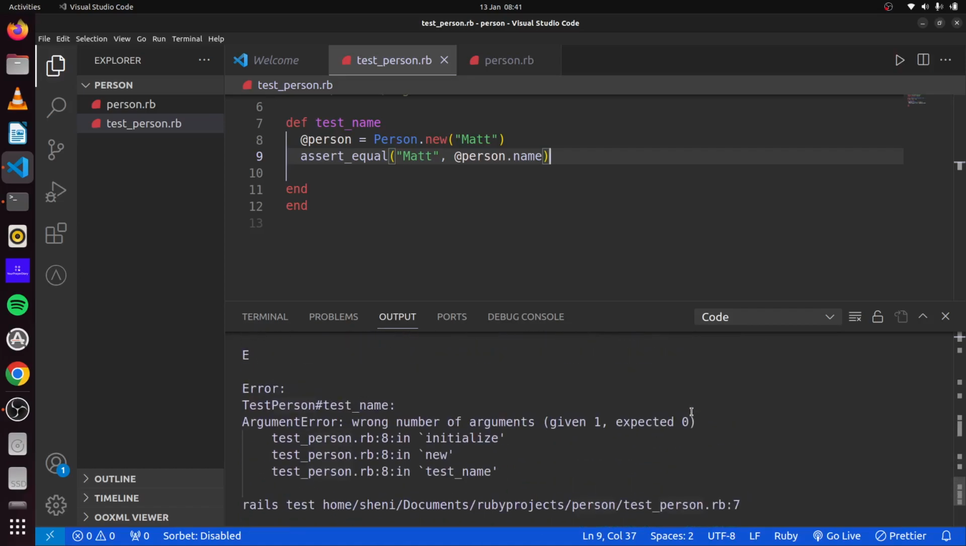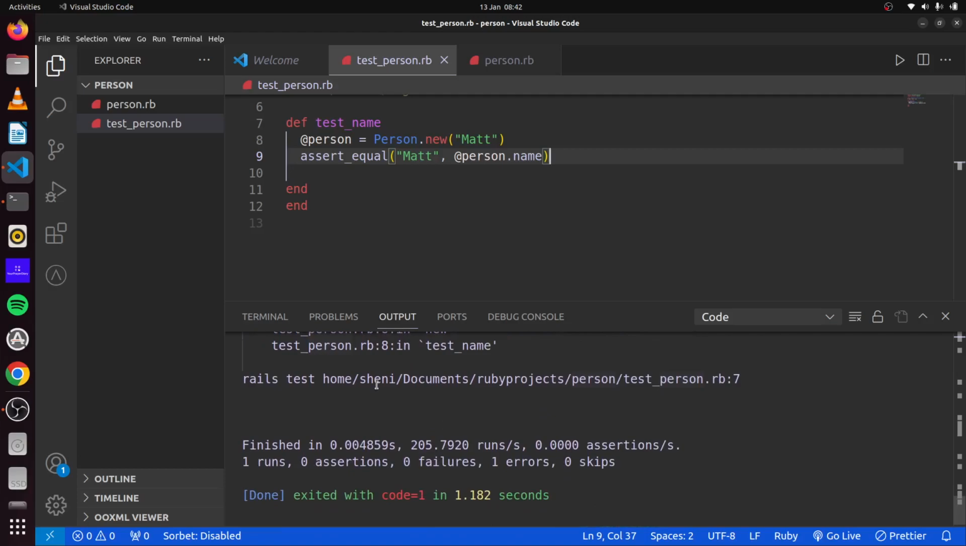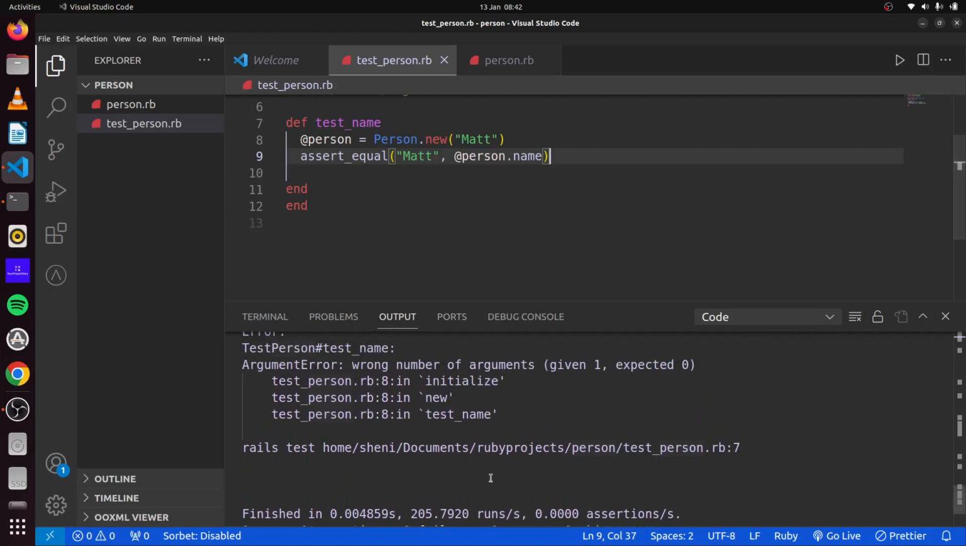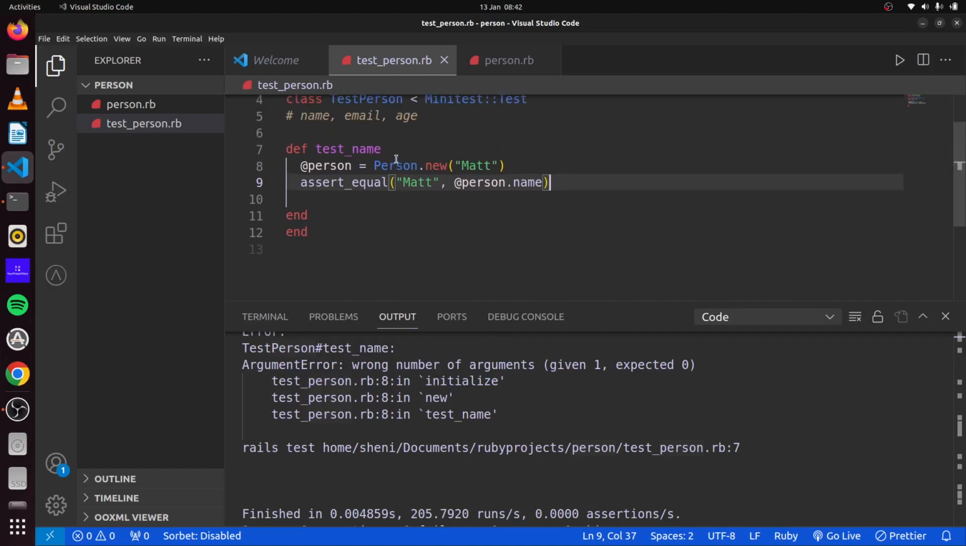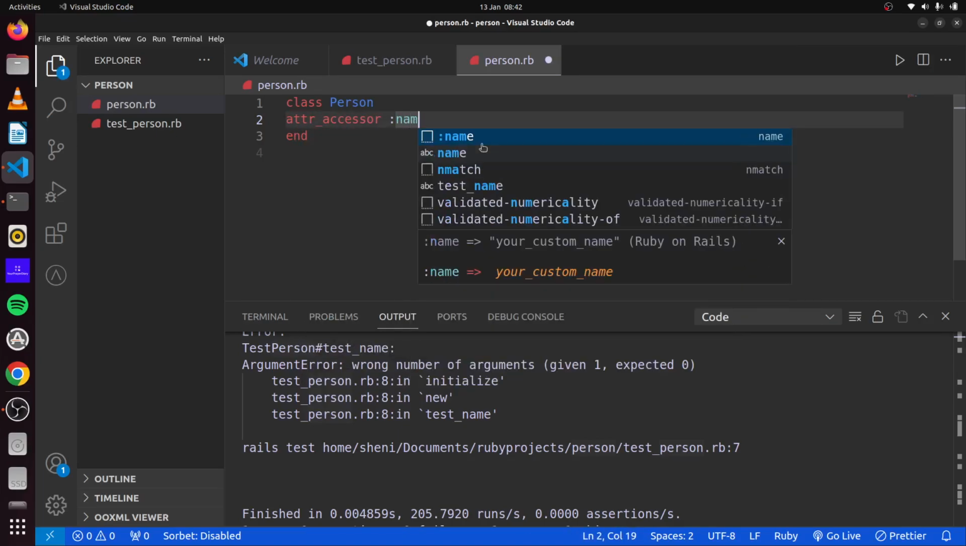We can see we have a different error here. It says ArgumentError, wrong number of arguments, given 1, expected 0. So this is saying that we have not defined our attribute for name. So we could go ahead and do that. If we want to make this quick, we can say attr_accessor and specify our name,